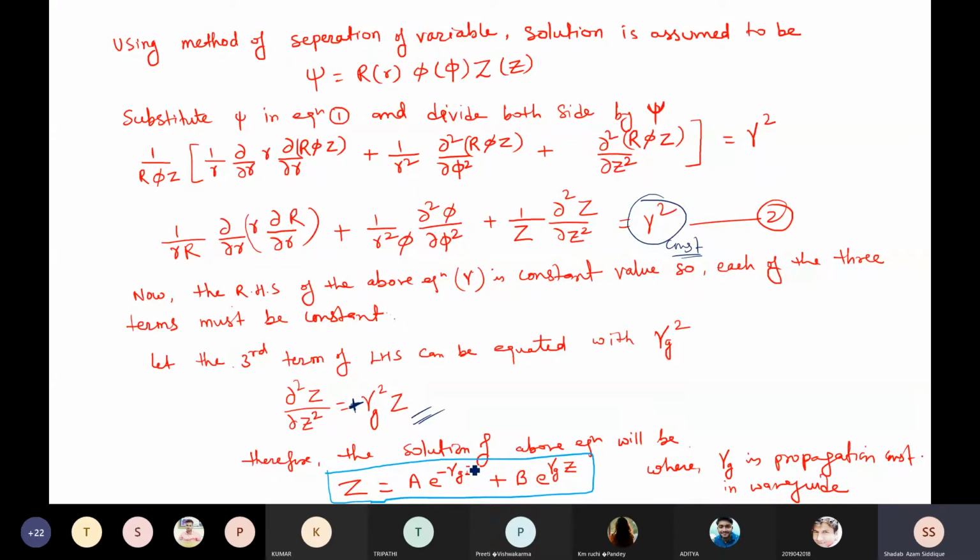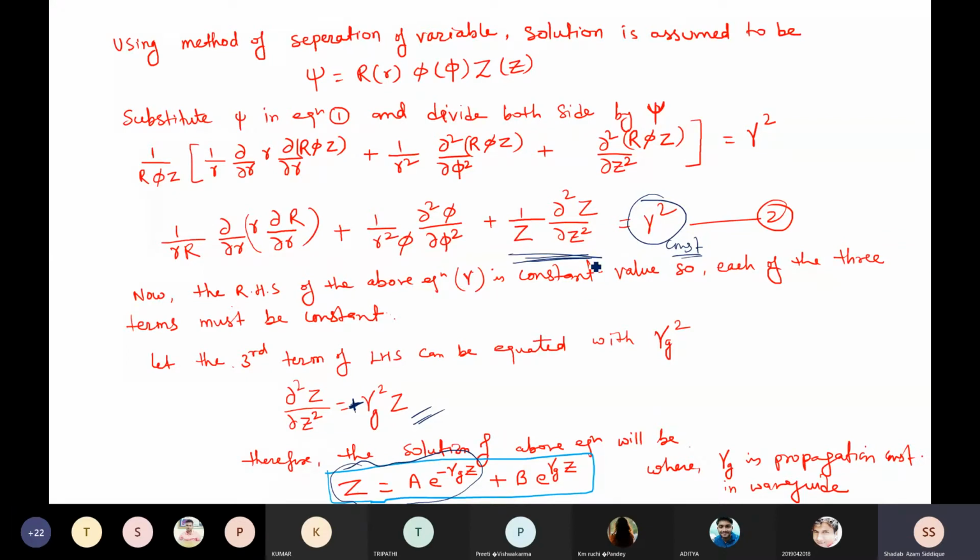Okay. So here you have this positive Z, and if you take out the minus, that will be minus. So this is propagation in the minus Z direction. If you consider the propagation, it will be either in the positive Z direction or the negative direction. If you consider the positive Z direction, you will take the Z term as this only. But if you write the complete solution, the complete solution will be this one. Okay. So we have got the solution of this third equation.